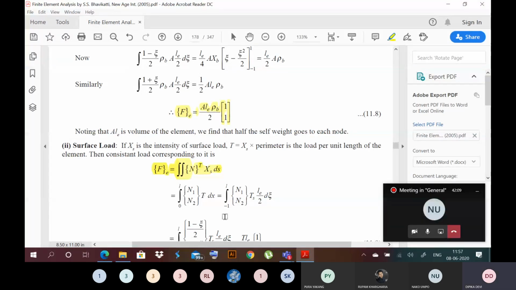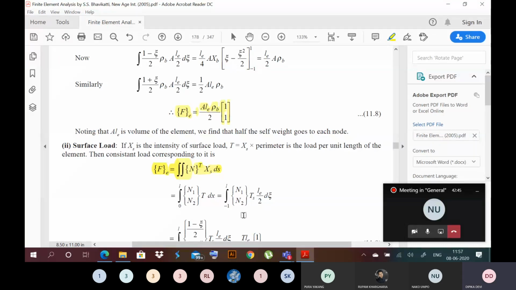Then we have to do the integration over the length of the element. Why have we not done the integration over the length? Because n1, n2 are not constant. They are functions of x. Therefore, you cannot integrate over the length. We cannot convert this t in terms of t into l, because we have some other functions n1 and n2. But n1 and n2 are not functions of the perimeter. Therefore, we have done the integration over the perimeter. n1 and n2 are functions of length alone. So that is why, in the integration over the length, we cannot directly multiply t by the length of the element.